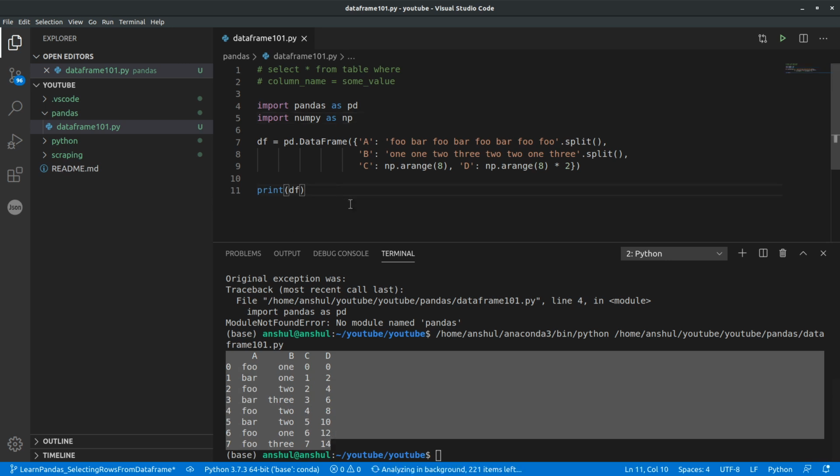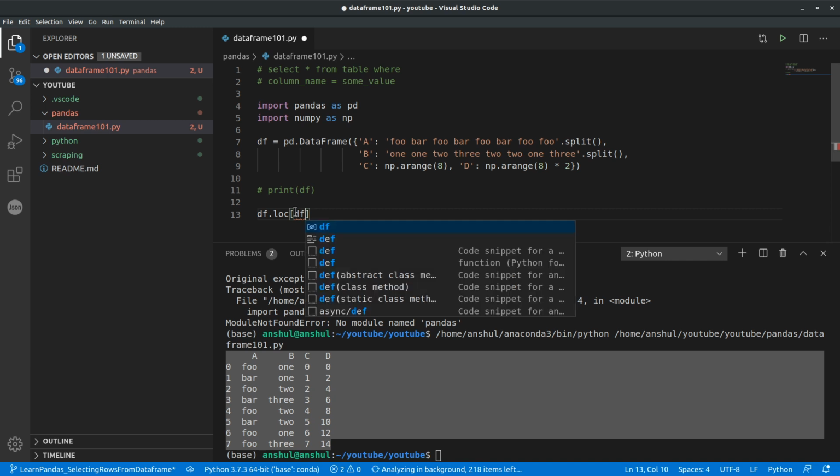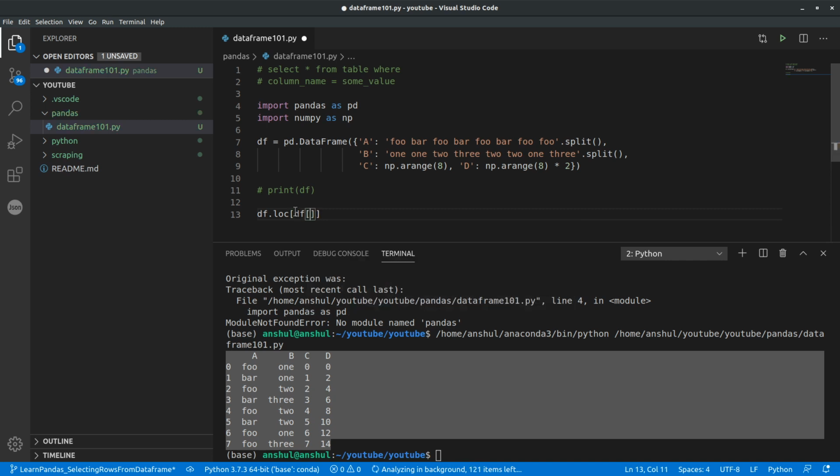Now let's say I have a requirement where I just want to select all the rows where the value of A is foo. How to do that? For that we can say df dot loc, df, and then it's a mask that we are applying.